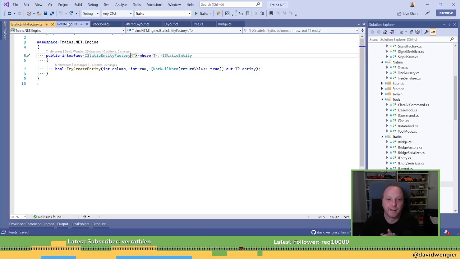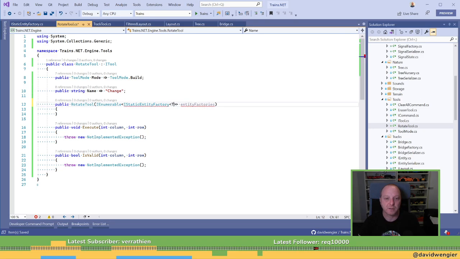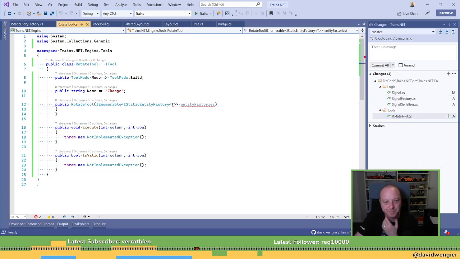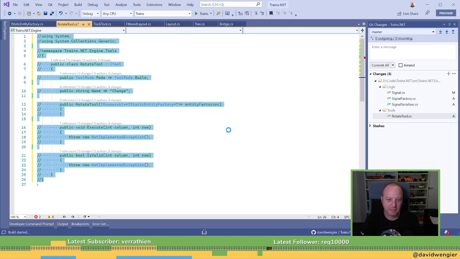So, entity factories, they still need to be used when creating new tracks, because this is how it knows to do tunnels or bridges, or it will be tunnels, or normal tracks. So I need it in... Oh, this is really annoying. Okay, I have no idea how I'm going to do this. Absolutely no idea. Let me stare at this for a minute.